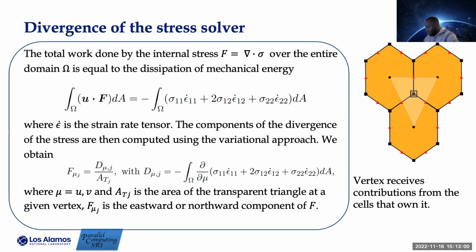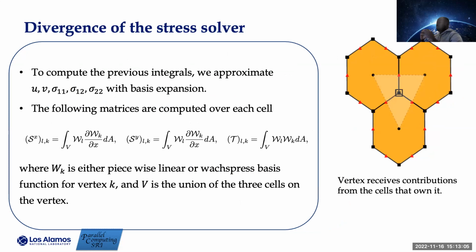So how do we expand? First of all, we expand the different components of the velocity, for instance u, v, and sigma, using the basis functions. That expansion leads to the integrals we can see on the slides. Mainly, those integrals are differentiation integrals, for those familiar with that term. The first two represent the differentiation matrices, and the last one represents the mass matrix.